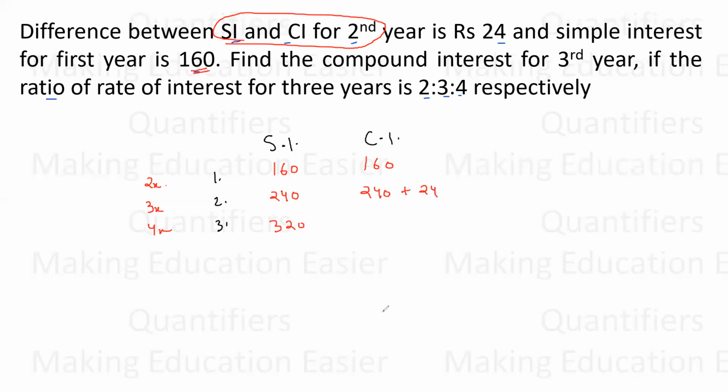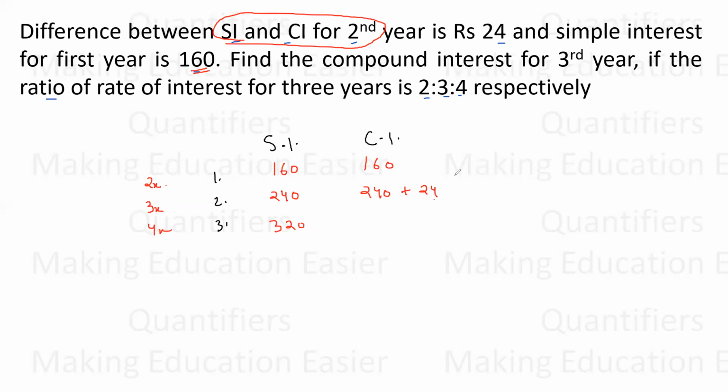Now students, all you need to understand is where this 24 is coming from. See, this 160 is coming from principal, okay? Similarly, this 240 is also coming from principal. अब second year में क्या होगा कि ये जो 240 आया है, this 240 is coming from principal. And now we are getting 24 extra. Basically, this 24 is coming from the first year's interest, right? Because we are talking about compound interest. So interest पे भी interest मिलेगा. So this 24 extra is coming from the first year's interest. I hope students, all of you are getting this concept.